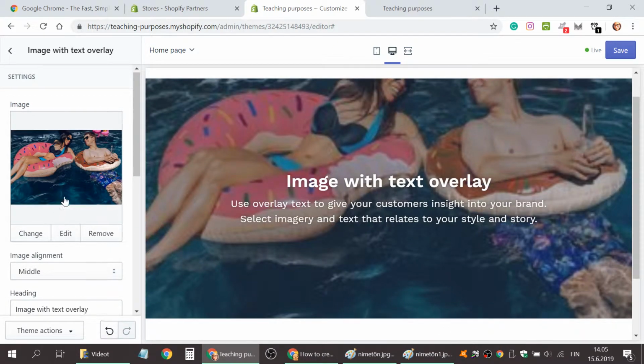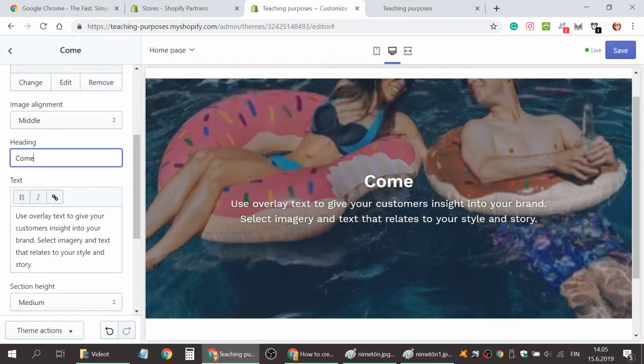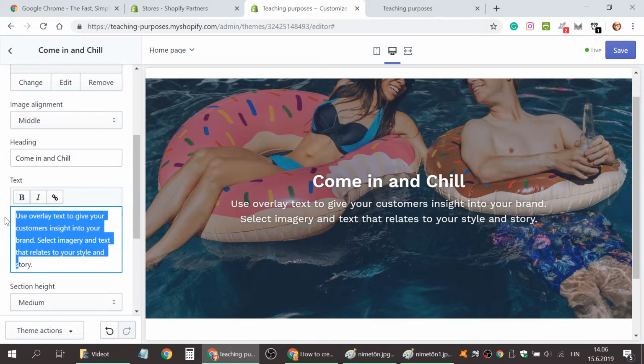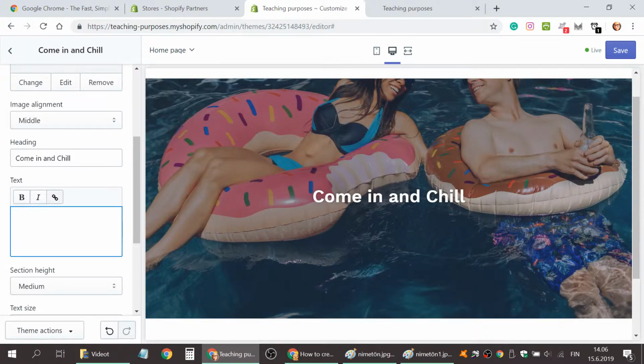I like it, and then I can write here something like, I don't know, come, I'm sorry, come in and chill. I don't know, I just came up with this, but we just have text here, and like,